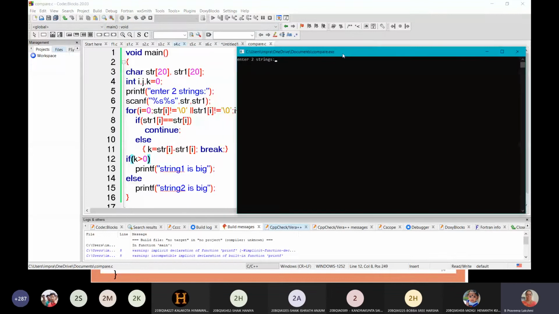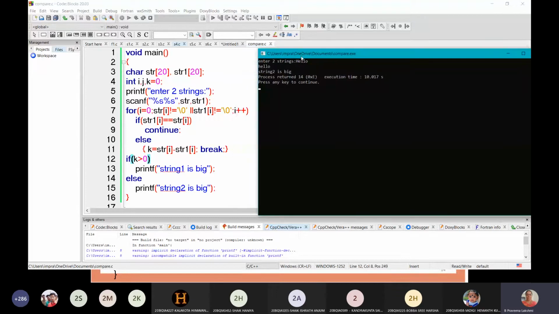If you make a change in the cases, like hello with the capital letter H and another hello with the small letter, then it shows string 2 is big, because a small letter has a higher ASCII code than a capital letter. So you will get the message as string 2 is big.